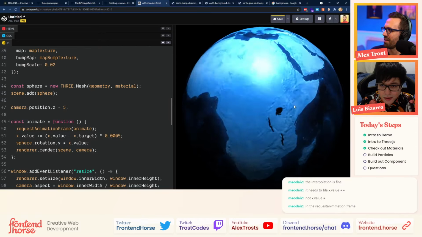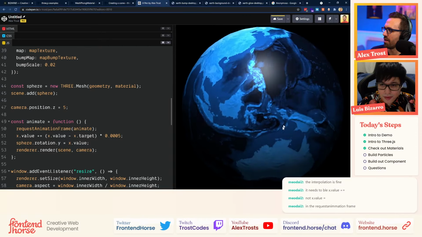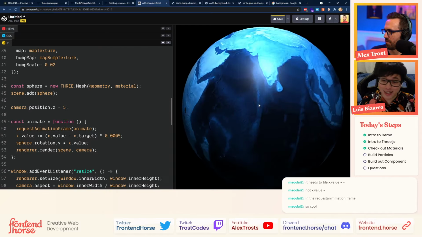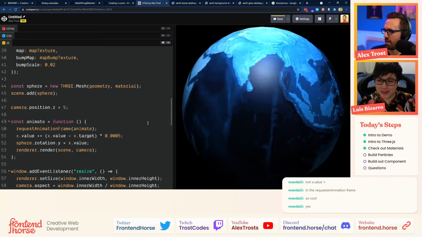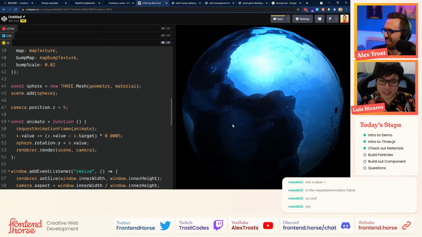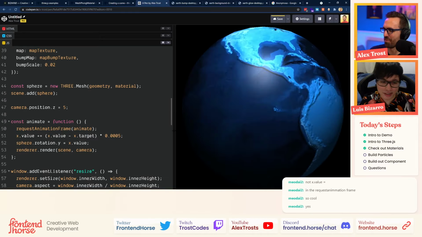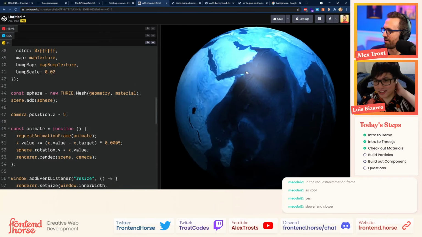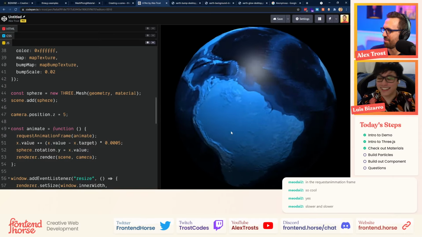Whoa. Is it going to spin forever? Yeah, I'm okay with it. I can refactor that a little bit, but I think that's good if it kind of spins a little bit. Yeah, I'm good with it. We can get to some other stuff for sure. I love the little spot of light on it. Yeah, but no, that's super cool.